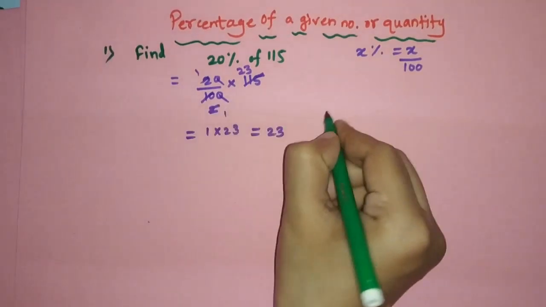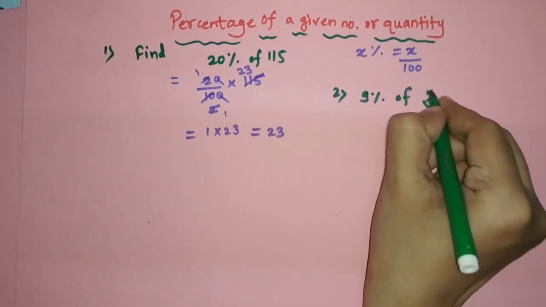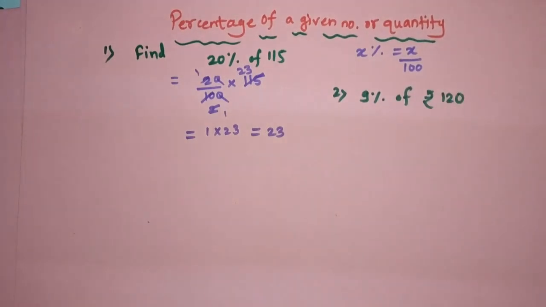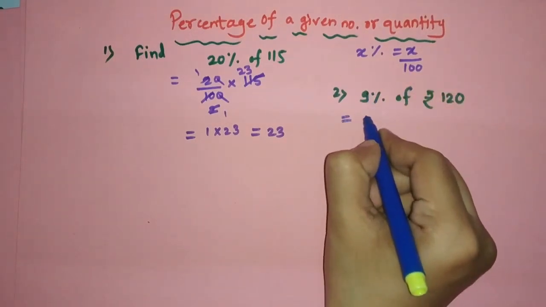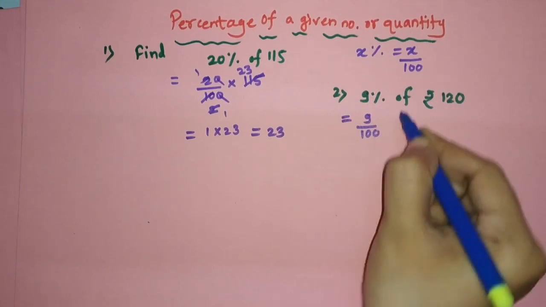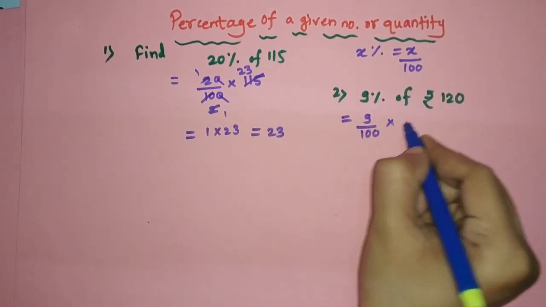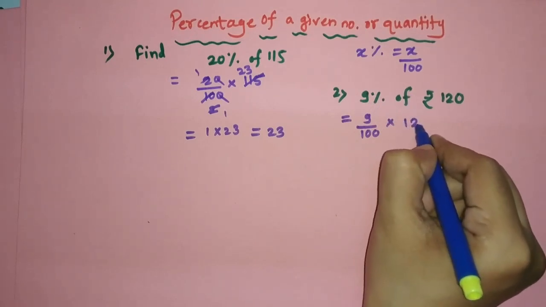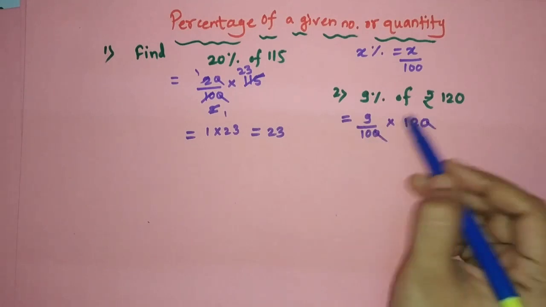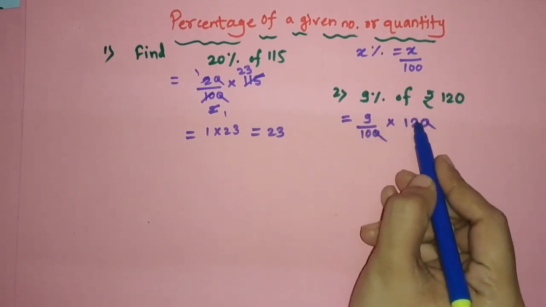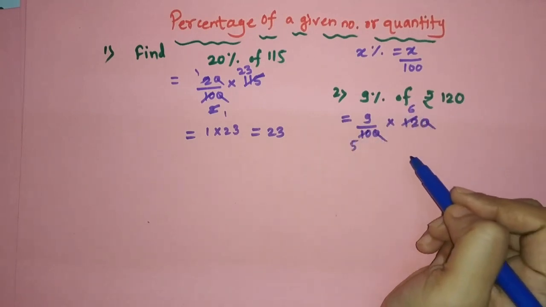Let's find out 9% of rupees 120. Suppose you need to find out 9% of rupees 120. So we'll again solve it: 9 upon 100. Removing the percent sign means in the denominator you need to give 100. And here we take "of", that is the multiplication operator, into 120. So just cut this 0 and you can simplify here. You can cut with the 2's divisibility: 2 5s are 10, and here 2 6s are 12.